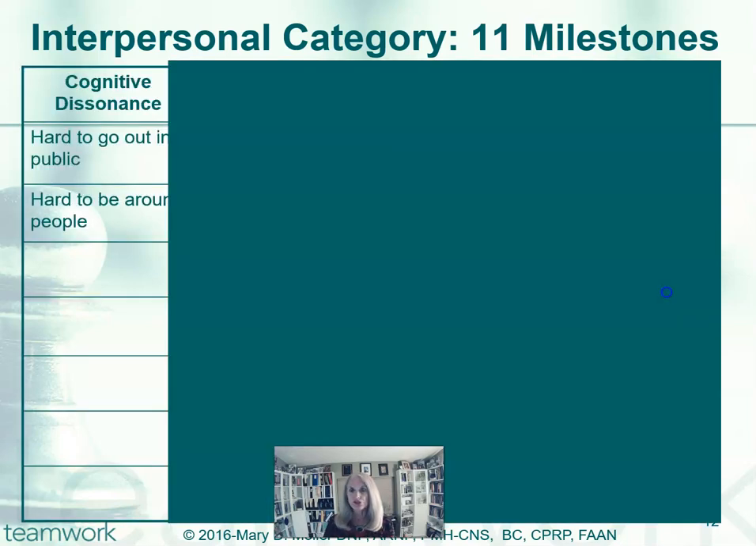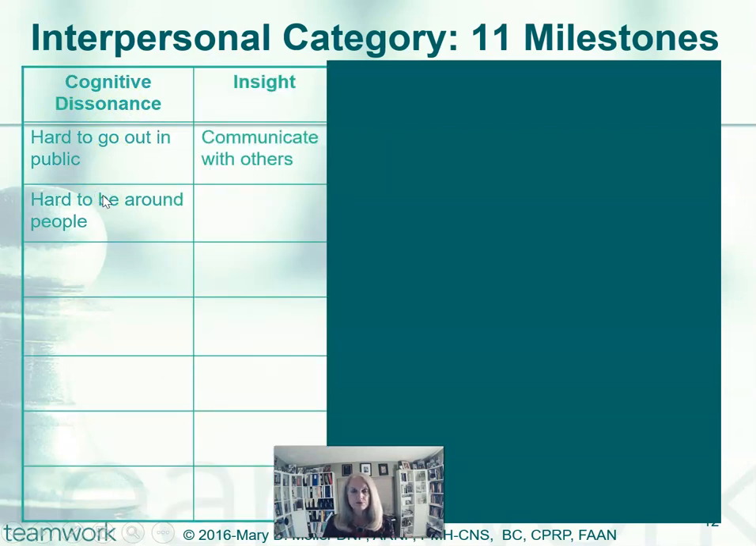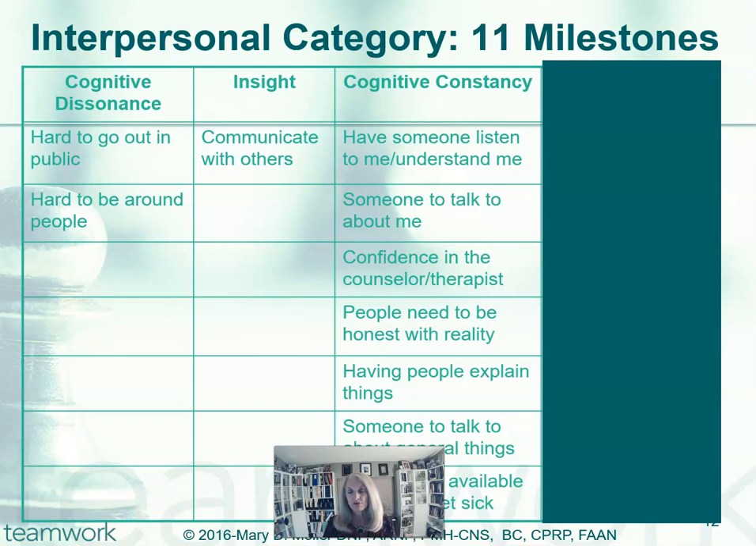Interpersonally, there's 11 milestones. Let's look at them. So, on the couch, I don't want to go out in public. I don't want to be around people. The bus depot, I might acknowledge that you said something to me. But boy, when I'm at the mall, I want to talk to you. I'm going to initiate and maintain meaningful conversation because someone's listening to me and understands me, and I have confidence in you. And people are honest with reality, and they're telling me, they're helping me understand things, and they're talking